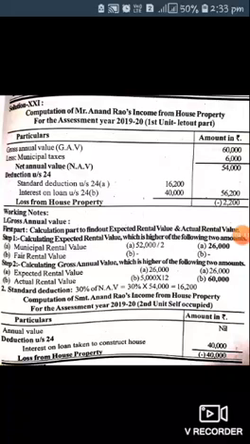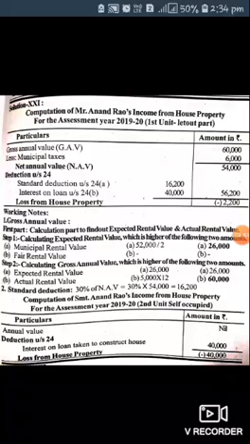Municipal rental value is given. So the total house value is 52,000. This has to be divided into two parts because the house consists of two parts. One part is used by the owner and one is let out. After dividing by 2, the municipal rental value is 26,000. There is no fair rental value, so 26,000 is taken as the expected rental value, and gross annual value is the higher of the following.